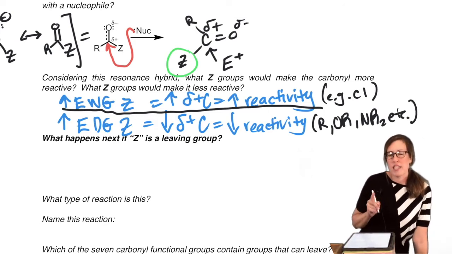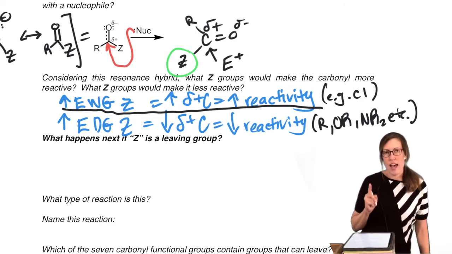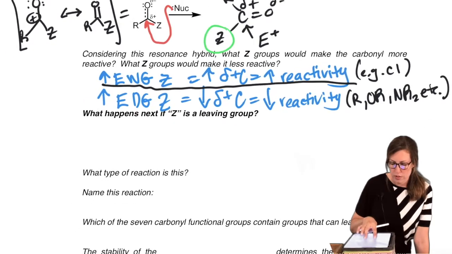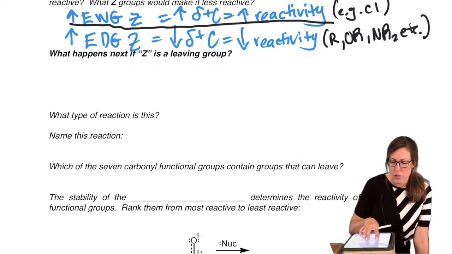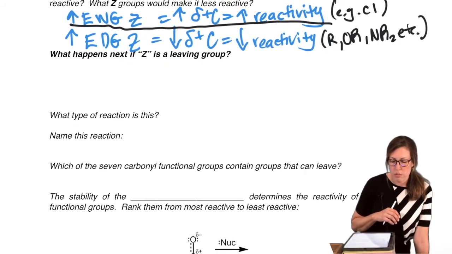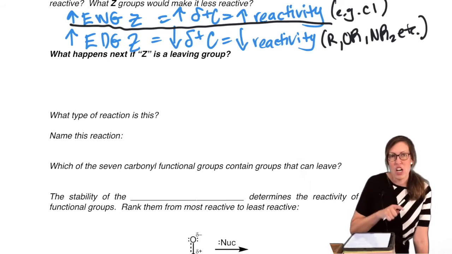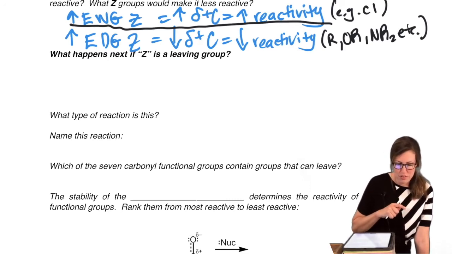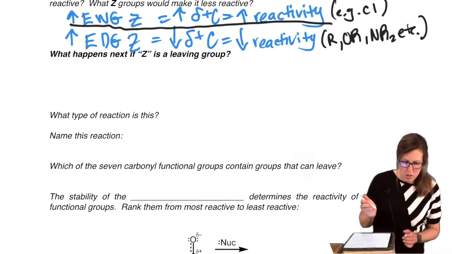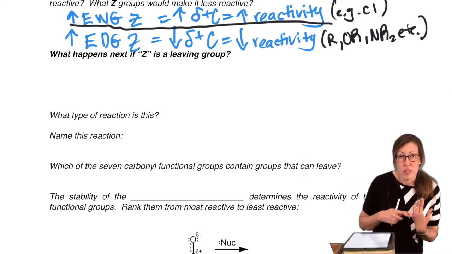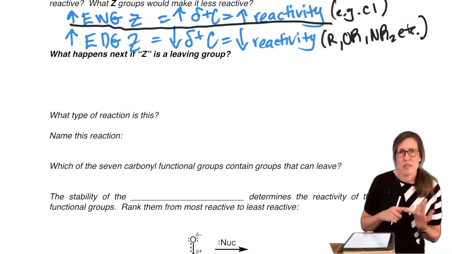Okay, so that is part one. How attractive are those carbonyls once you take into account that Z is variable? Now another thing to consider. Not all Z's are equal. So in the previous section, R and H were horrible leaving groups, right? So we never had them leave, but chlorine's a good leaving group. Okay, so what happens if we have a good leaving group?